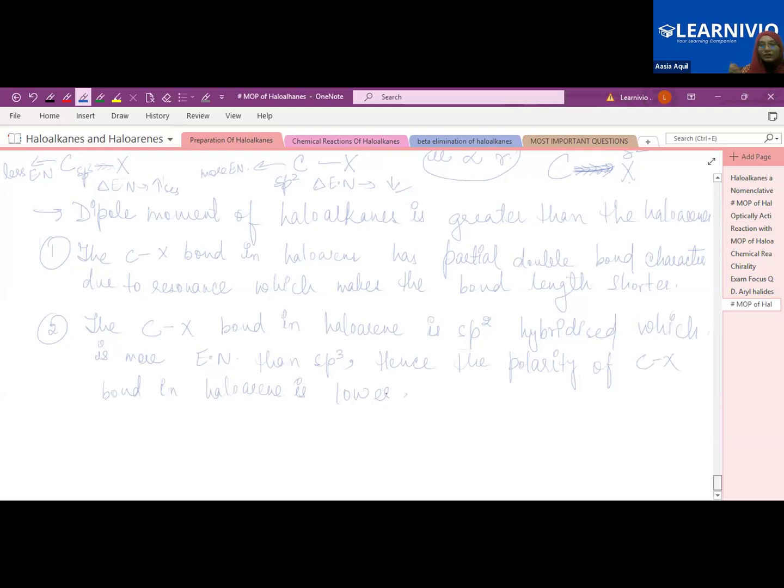And the polarity is caused due to the electronegativity difference. The more the electronegativity difference between the two atoms, the more polar the molecule will be. Okay, so you can write that's why this cyclohexane has greater dipole moment than